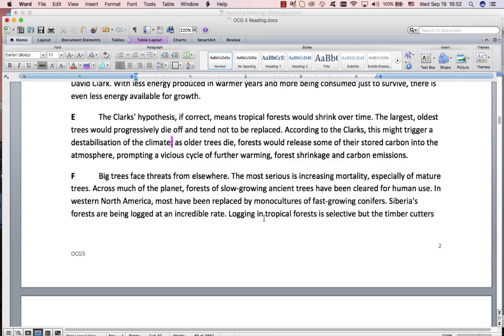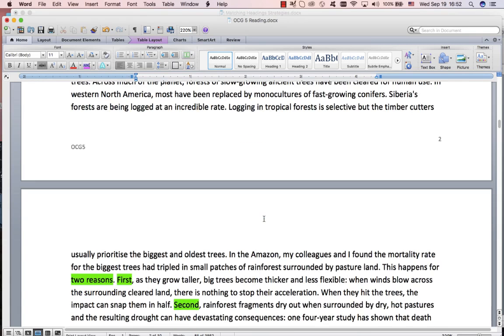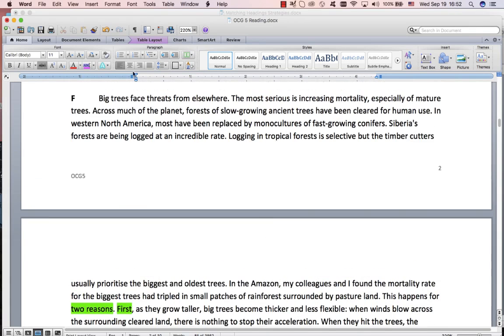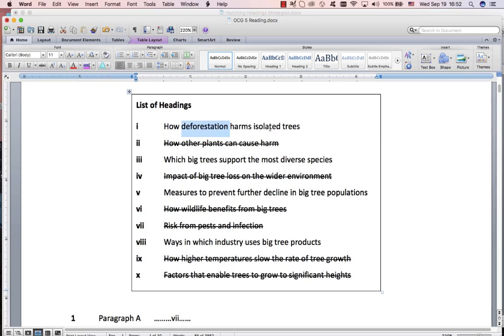These big paragraphs often have like 2 topics and you have to divide them in half. We're talking about threats. We want something negative. So immediately you can actually just go and guess. There is negative. This is not negative. This is not negative. This is not negative. I would just guess that one and move on. But anyway,